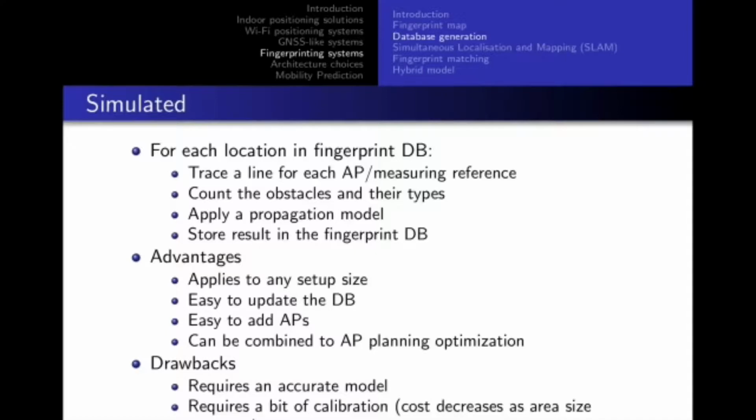But this calibration cost will decrease when the area size increases, because you have a better return on the investment in time of calibration if you simulate a very large environment.